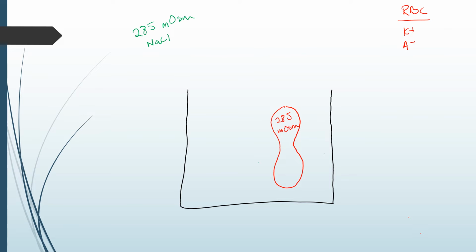And to answer that question, I need to compare it to the intracellular osmolality of the red blood cell, because that's our reference, is what's inside the cell. So our reference is 285. So if the solution I'm going to add is also 285, that makes it an isosmotic